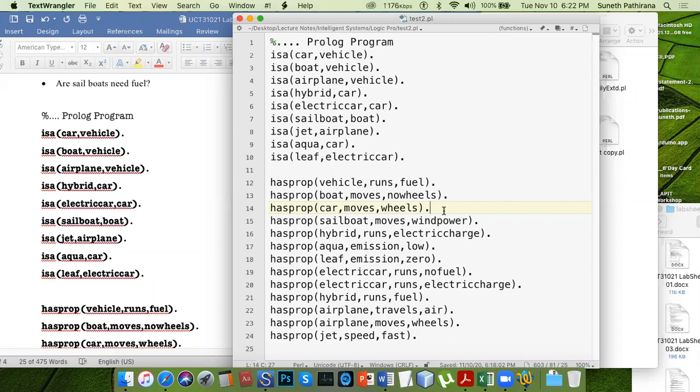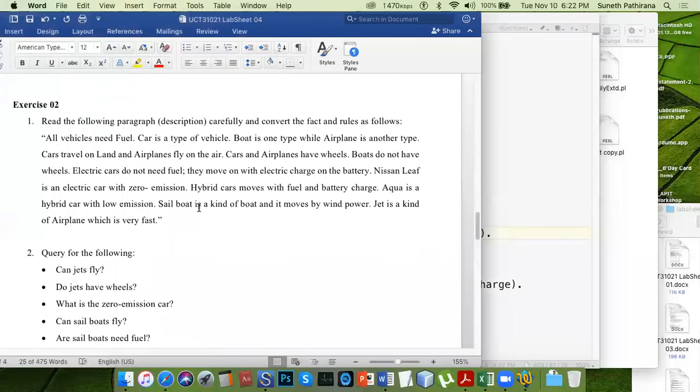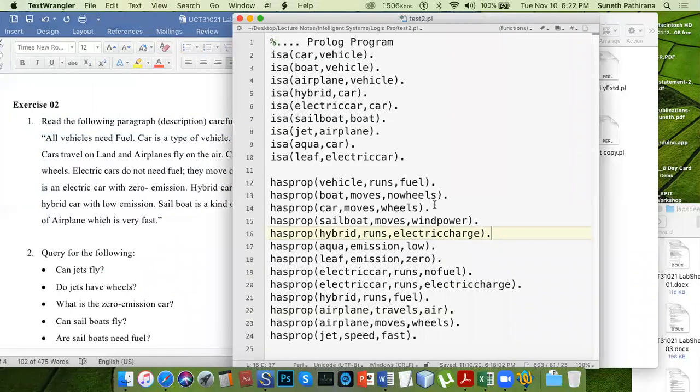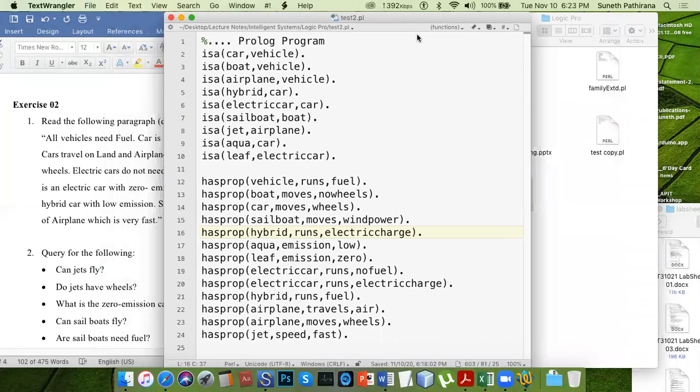This is a programmer specific or researcher specific language of telling things to the Prolog compiler. Believe me, I have represented this knowledge using this Prolog program.